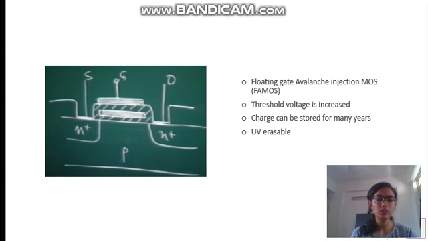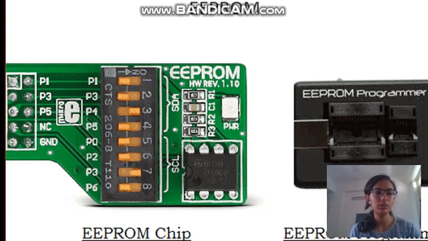So we require something much more flexible, in which the programming can be done inside the circuit for faster operation. So we have the electrically erasable PROM, EEPROM. Here the erasing is done using electrical signals instead of ultraviolet light, and erasing and programming data takes from 4 to 10 milliseconds. Any byte of information can be erased at a time instead of the entire chip, and the chip can be erased and reprogrammed around 10,000 times. So the process is flexible but quite slow.